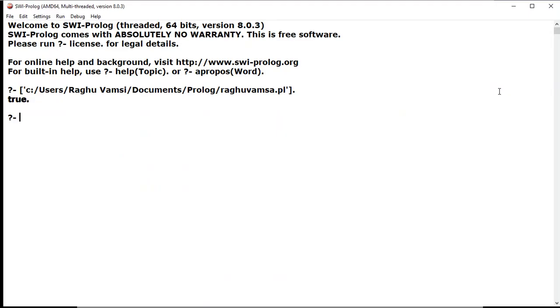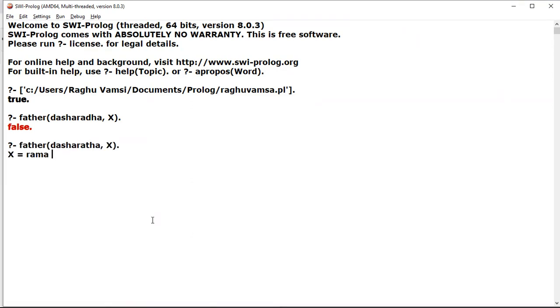Here we'll see Dasharatha is the father of how many children, that we want to check here. That means father of Dasharatha comma X. So I have typed wrongly. Now X is equal to Rama.